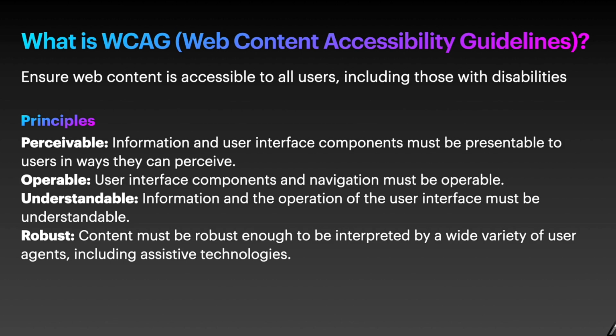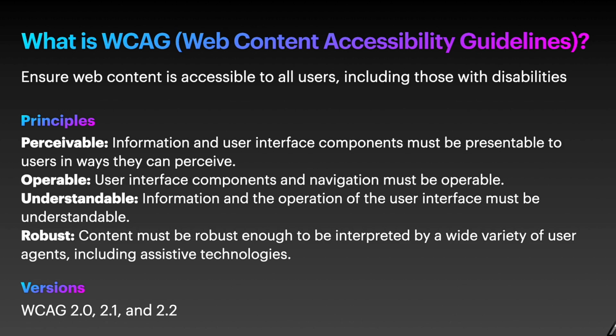Operable. User interface components and navigation must be operable by all users. For example, functionality should be accessible via keyboard. Understandable. Information and operation of the user interface must be understandable. This includes making text readable and predictable navigation. Robust. Content must be robust enough to be interpreted by various user agents, including assistive technologies. This means using clean and well-structured code. WCAG has evolved over time with version 2.0, 2.1, and 2.2, each building on the previous